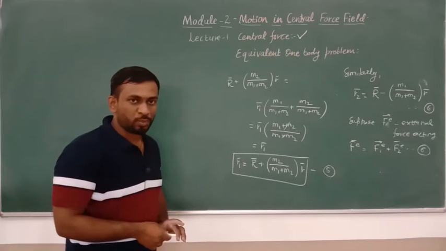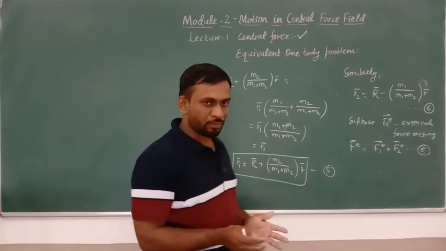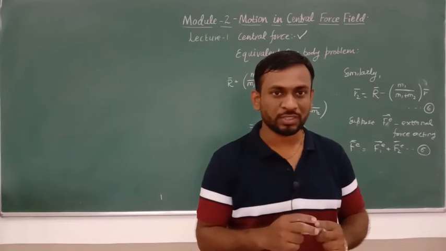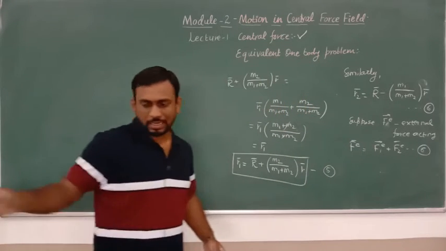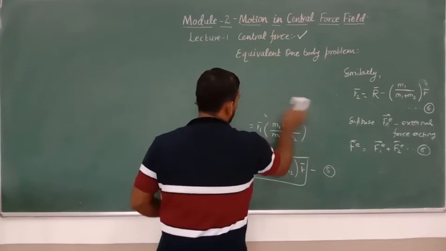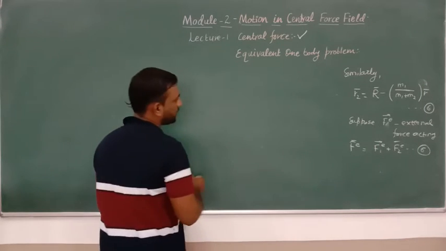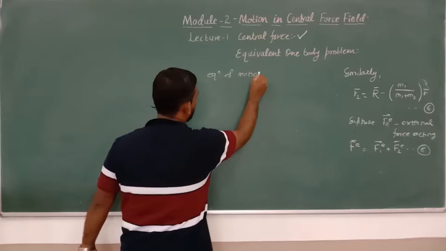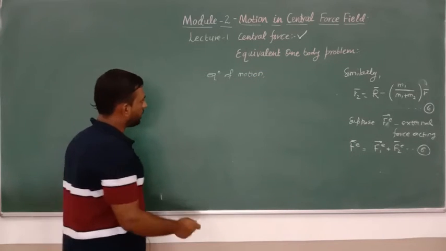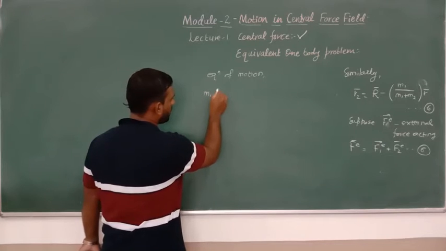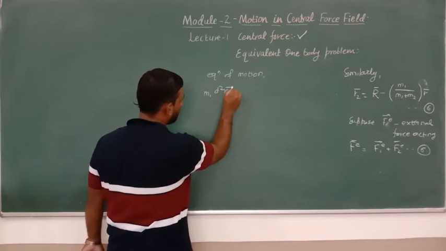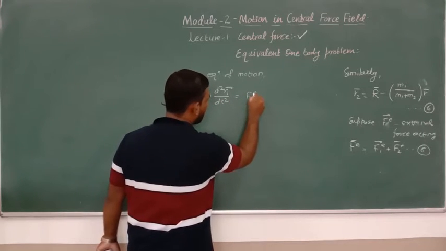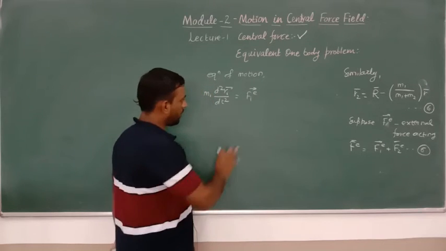So how to write the equation of motion? The equation of motion is the second law, mass into acceleration is equal to forces, and again these forces are external force and internal force. So rewriting this equation, the equation of motion for the system of particles. We can independently write the equation of motion for the first particle: m1 d2 r1 bar by dt square equals f1 external,